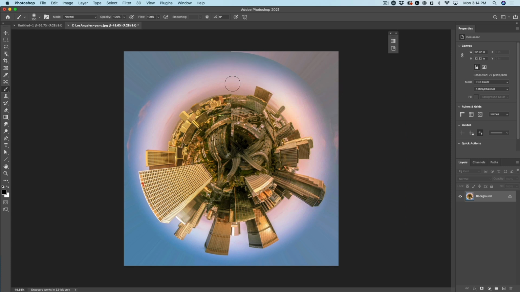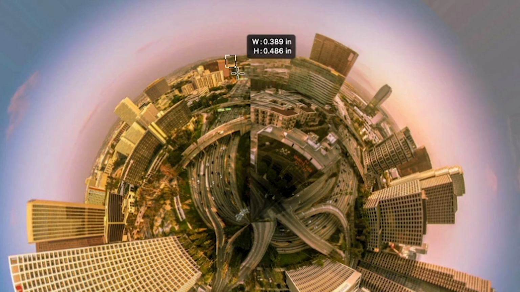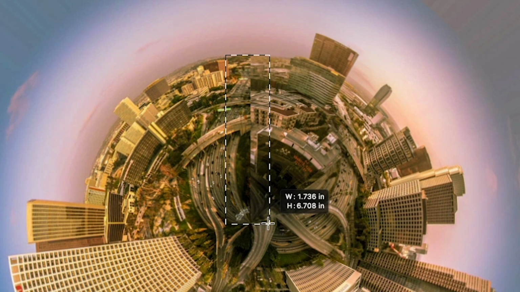Now, notice there's no seam there in the middle because we blended the sky, but there's a little bit of a seam in here. So why don't we fix that? I'm just going to grab the rectangular marquee tool, make a selection around here, and the first step I'm going to do is take that selection. I only want to go to the top because when it wraps, it just creates that seam at the top,